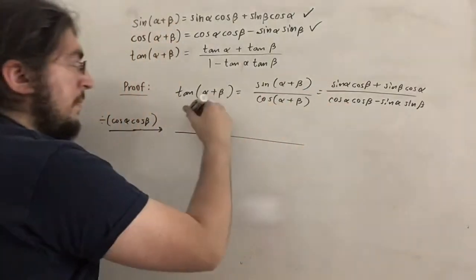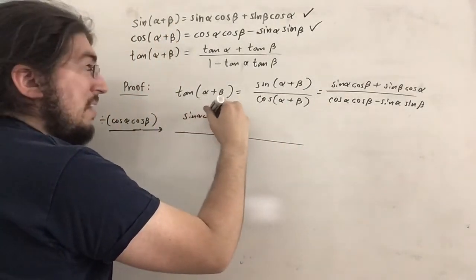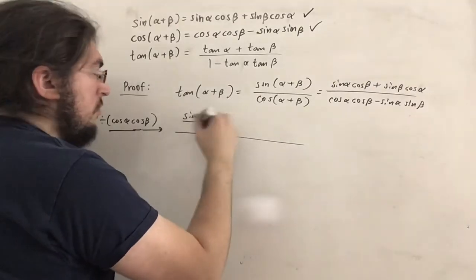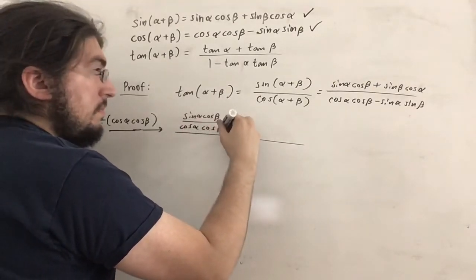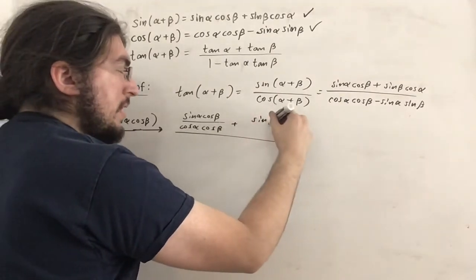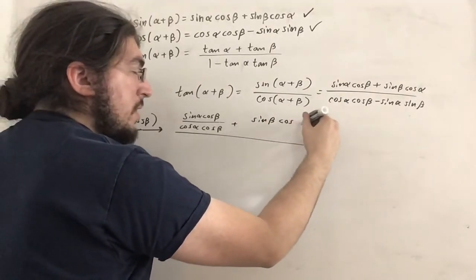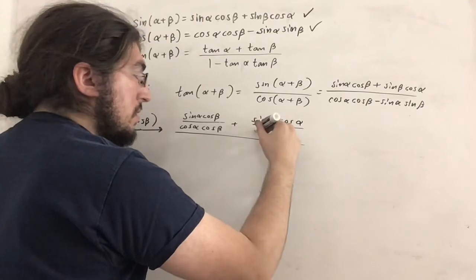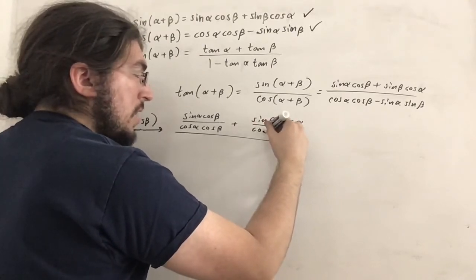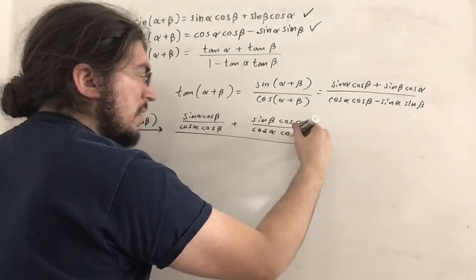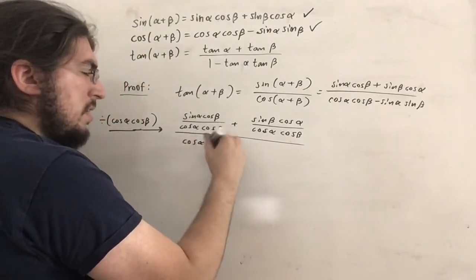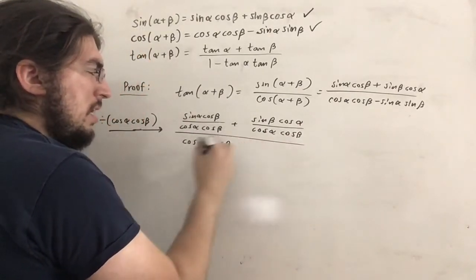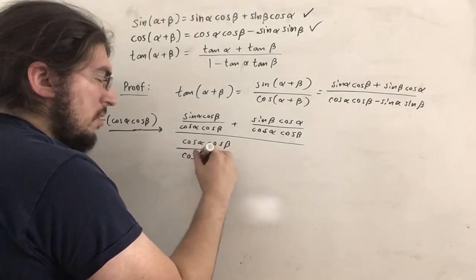So on top, we get sine alpha cosine beta over cosine alpha cosine beta. It's just a lot of writing really, but I think we can kind of handle it from here, but I guess I'll still do it. Cosine alpha cosine beta, and then this is cosine alpha cosine beta divided by cosine alpha cosine beta